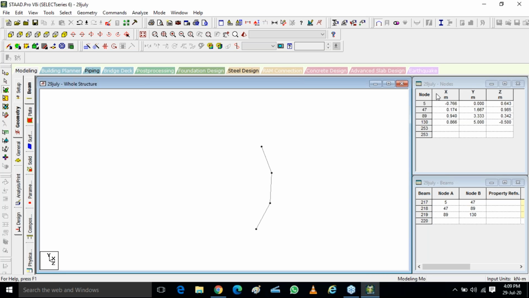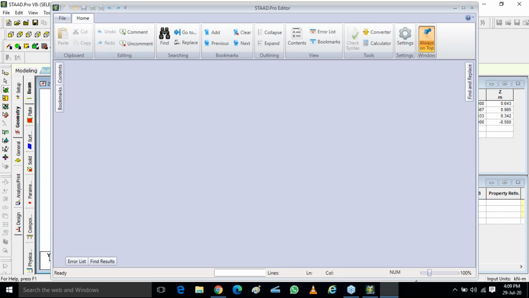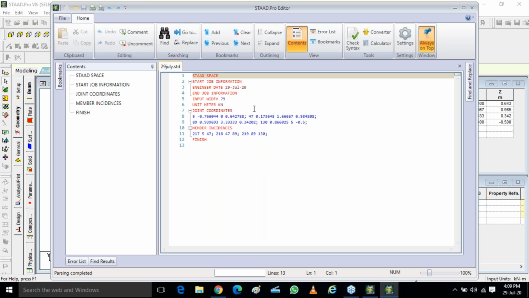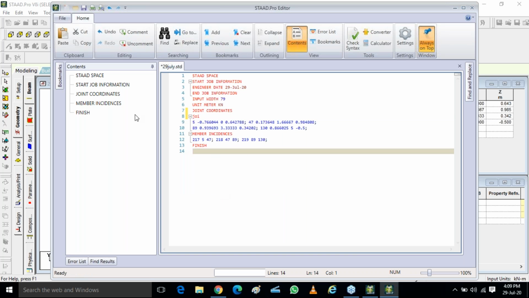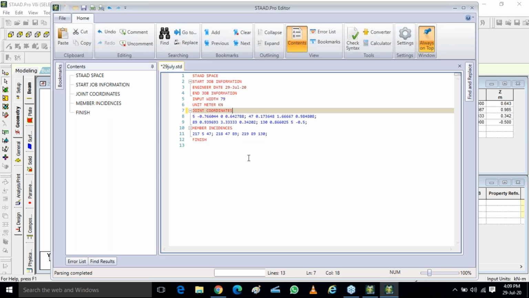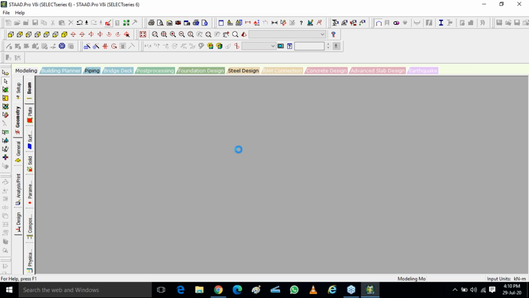There is one more technique, which is the joint coordinate system. What you have to do in the STAAD editor. That is a very advanced form of modelling, very advanced form in coding. You have to start with joint coordinate systems. Can you see these joint coordinates? You have to use these commands to draw it. It is a bit of a hassle when you draw it. So I will recommend you not to touch this coding a lot. Just avoid it. Try to do it with the graphical user interface.